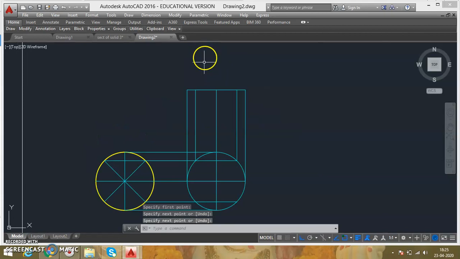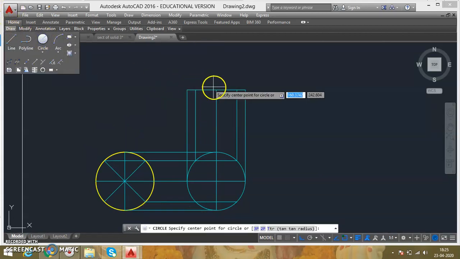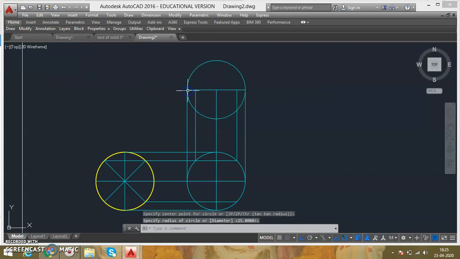And again we will draw one circle here. So I go to the circle command, from here to here. Even I can extend these lines till this circle. So we have extended these lines till this circle. Now since we have divided this circle into 8 parts, we have to divide this line and this line into 4 equal parts, because we want total 8 divisions. So 4 divisions here and 4 divisions here.